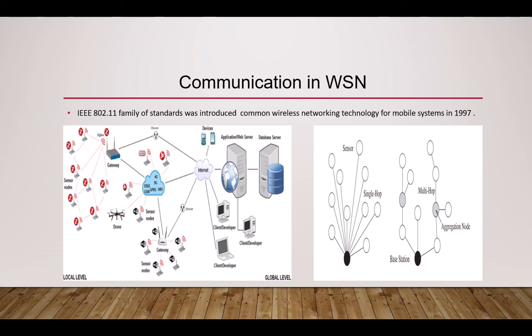Communication of wireless sensor network. The well-known IEEE 802.11 family of standards was introduced in 1997, and is the most common wireless networking technology for mobile systems, using different frequency bands. For example, in the 2.4 GHz band, IEEE 802.11b and IEEE 802.11g are used, while the IEEE 802.11a protocol uses the 5 GHz frequency band. IEEE 802.11 was frequently used in early wireless sensor networks and can still be found in current networks